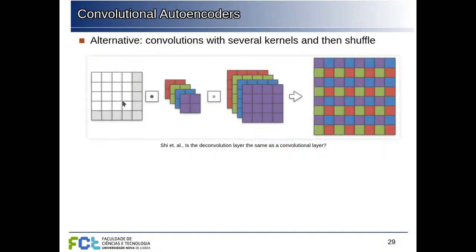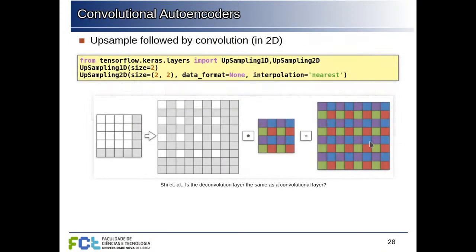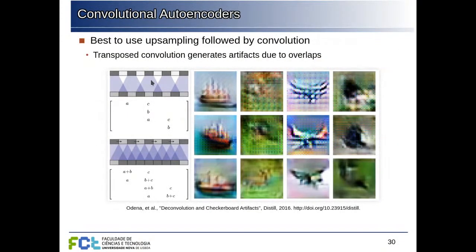For example, you can take a lower resolution map, apply several convolutions to obtain a set of lower resolution maps, and then shuffle them together into a higher resolution map. But this will be equivalent to these different approaches. So basically, I would say this would be the simplest one to use,